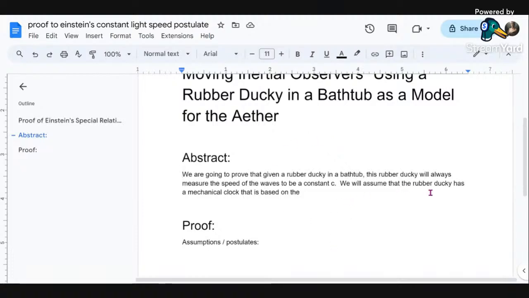So we will assume that the rubber ducky has a mechanical clock that is based. All right, so we're going to prove, and okay, in this paper,